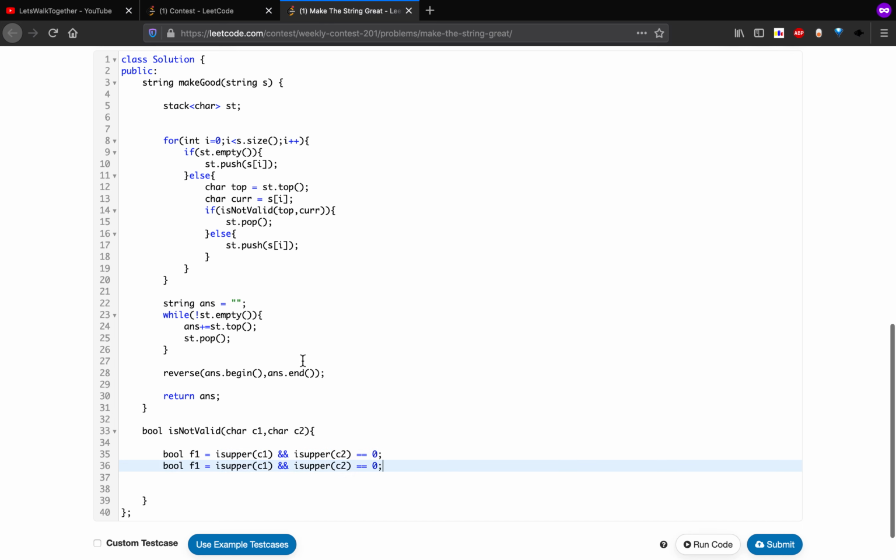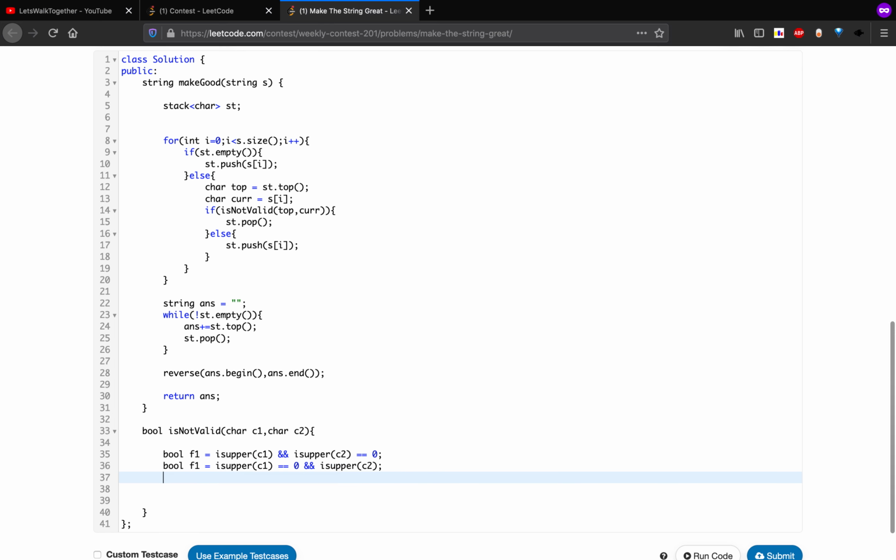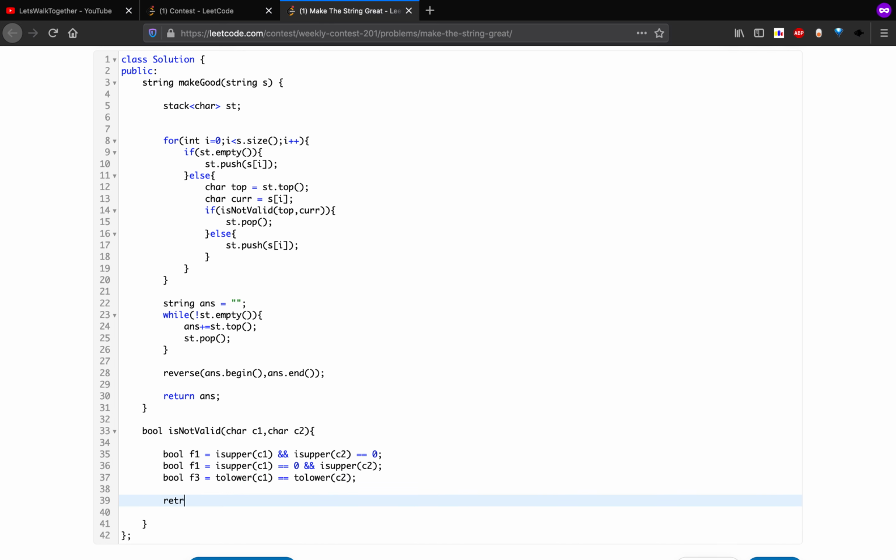Similarly, vice versa, f2: c1 is lowercase and c2 is uppercase, and the third condition f3 is that they both result in the same value, so we convert them into the same case and compare. So return f1 or f2, and f3.